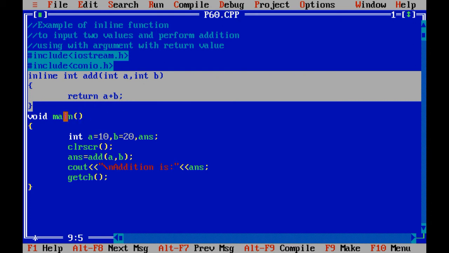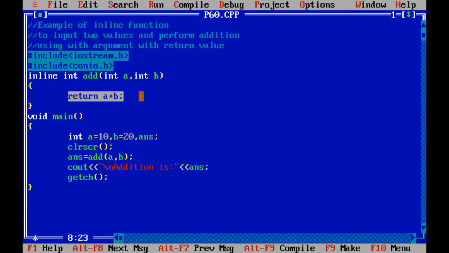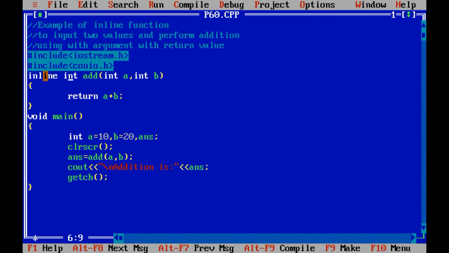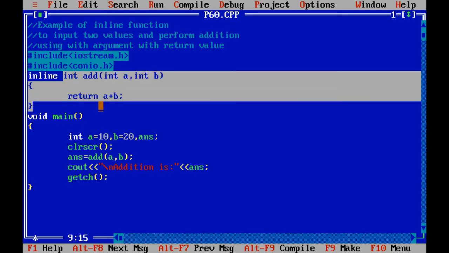But we are writing one line of code inside the function, so we will not see a major difference between these function calls, right? So we just need to develop whatever UDF we want, and before that UDF you just need to put the inline keyword. Using this inline keyword you can get speed and get a function which is stored inside memory.